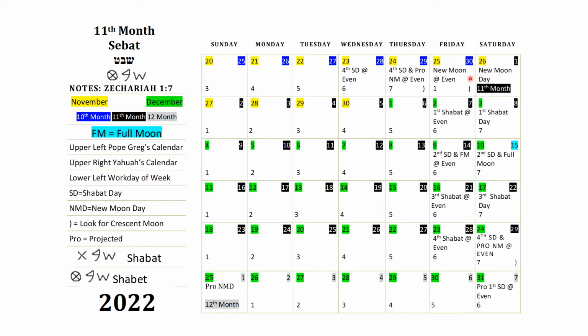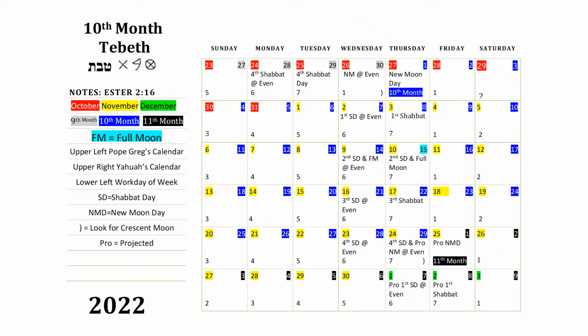So it's confirmed all of our Sabbaths will be on Saturday. Then you see the calendar from the previous month, if you have one. If you look down at the bottom, you see we were projected to come out on that Friday, but this was the 29th day. Therefore, that will make the 10th month a 30-day month, because it's not going to be confirmed.